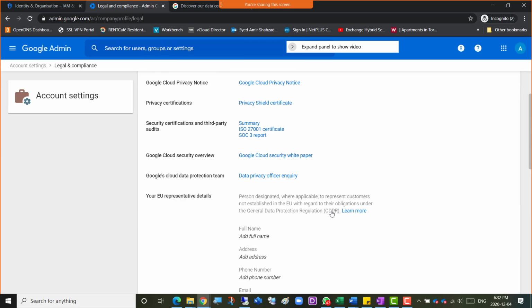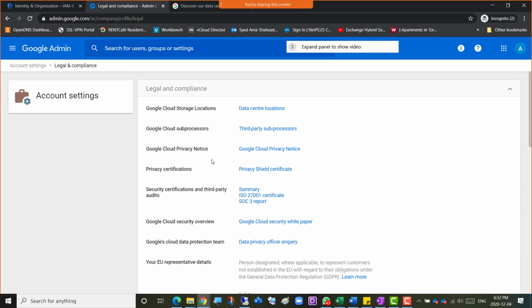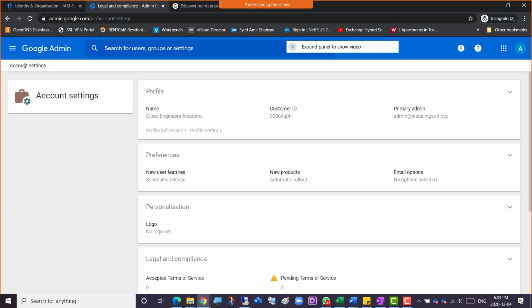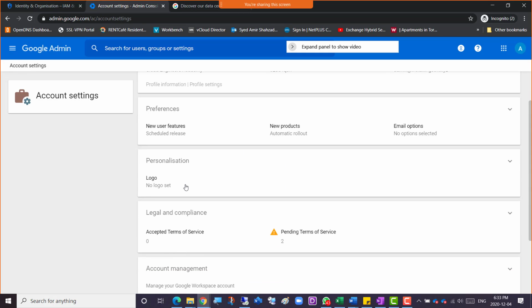These are some of the settings there. Microsoft Azure has actually much more standards added there, so that's why it has a big footprint across the globe. Okay, I'm just going to go back here to account settings, and in the account settings I was in legal